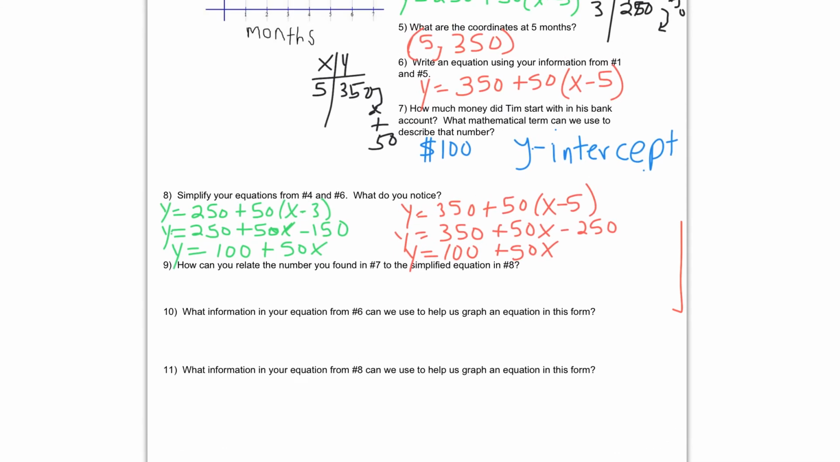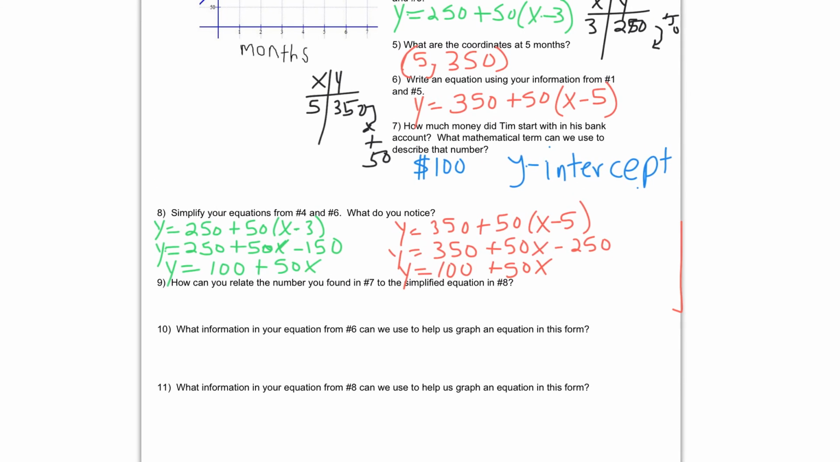Number 10 says, what information in your equation from number 6 can we use to help us graph an equation in this form? So when we take a look at question number 6, which is up here, if we wanted to graph this, what we need is to take out the point and the slope. So remember, the point was 5 and 350. So we would use the point,